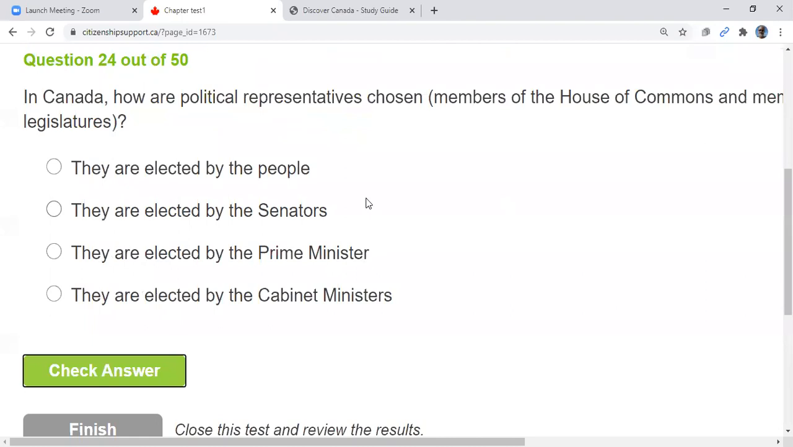We go into the next. In Canada, how are political representatives chosen? So this one, the last question, is for Mohammed. So in Canada, how do we choose our representatives? Okay, go Mohammed. In Canada, how are political representatives chosen? Members of the House of Commons and